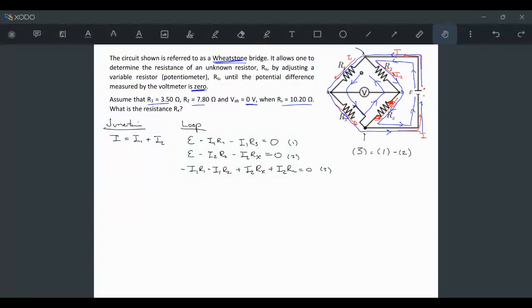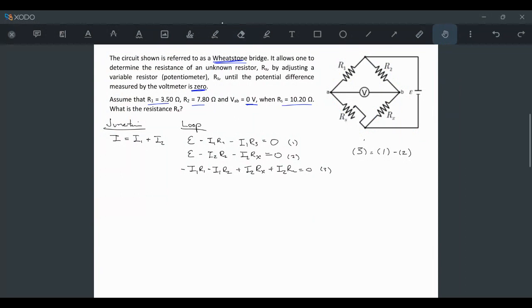So I think the point of this question is to not autopilot and just go write down these Kirchhoff's laws and start solving things, because there's a little bit more information that we need before we can proceed. So I'm going to erase this really quickly just to tidy things up so we can see what we're talking about. So the other thing is in the operation of the Wheatstone bridge to find an unknown resistance,